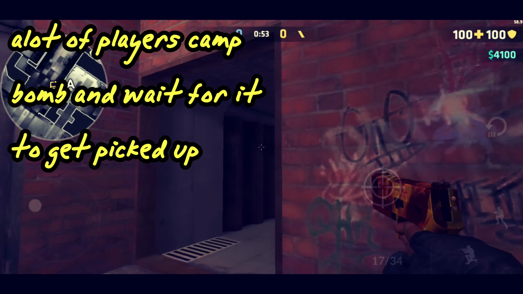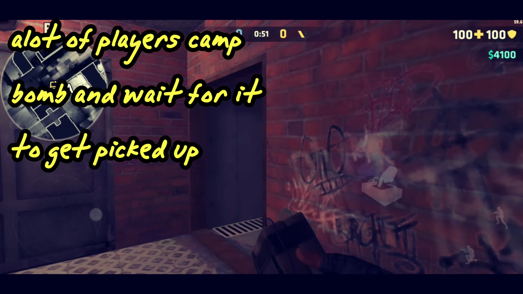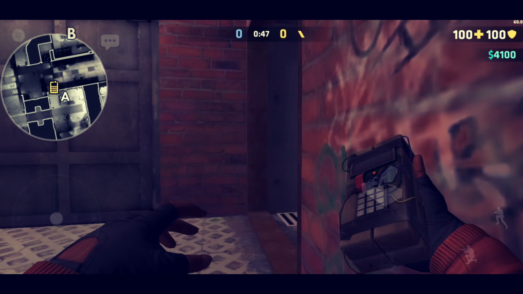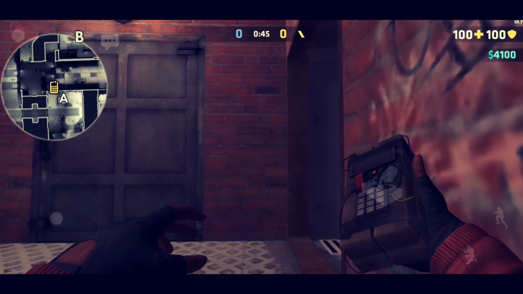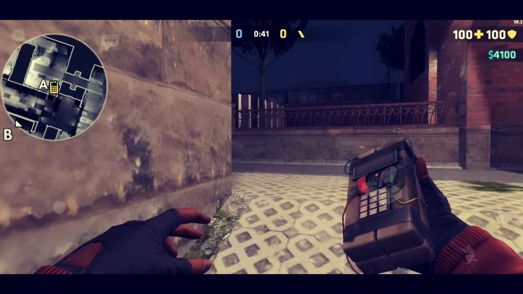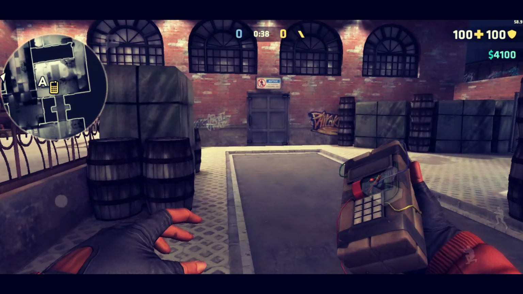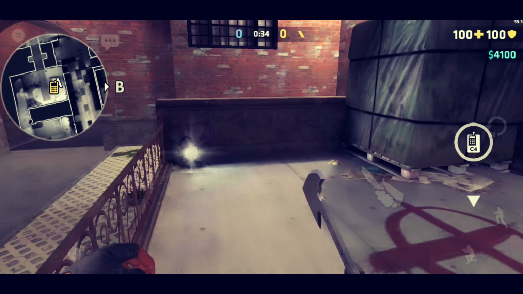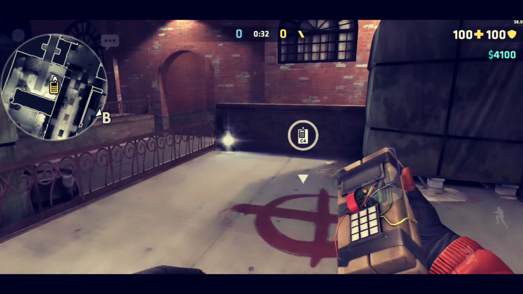So players that are over here will be able to in fact know that you just picked up the bomb. You do need to keep that in mind when you're trying to be slick and trying to be like a ninja, because everything in Critical Ops makes a noise. Unless you're slow walking like this, it's going to make noise. Basically, if you're walking or running with your knife, swinging your knife, or even planting the bomb,